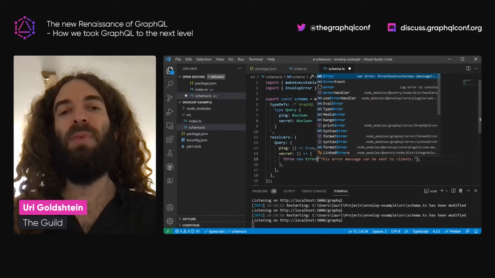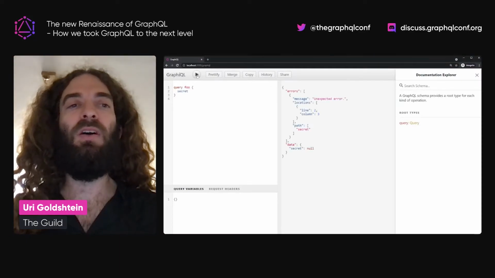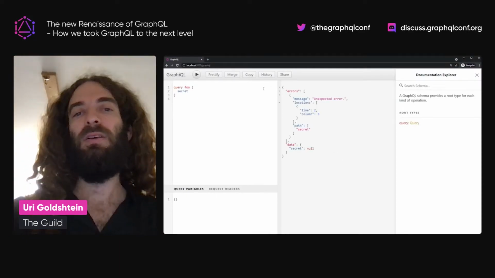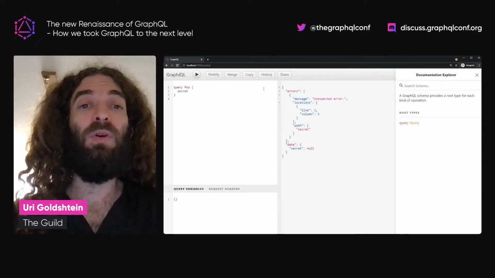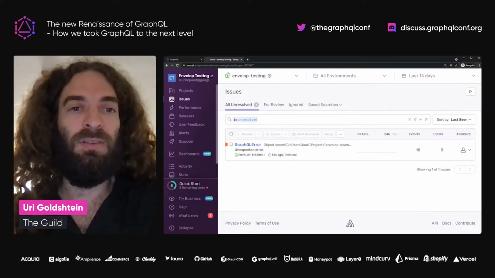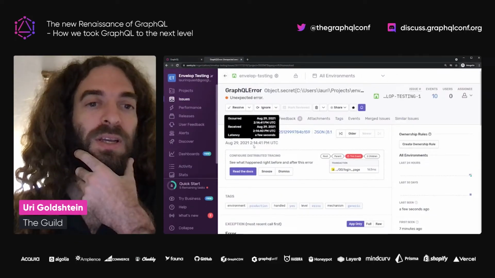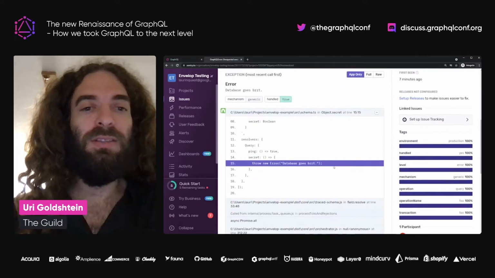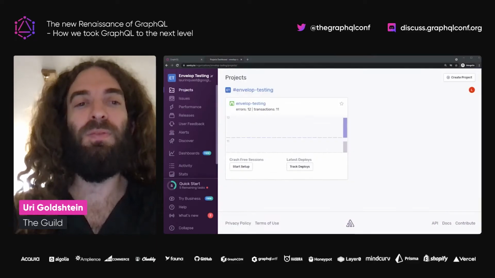Let's, for example, mimic an error in the database. And again, you see it's not leaking into the client, but it did happen in production. We want to know now what happened in our monitoring service. So we go right here into Sentry, and we can see the issue, and we can see all the information about where it was, and we have tons of information about that.